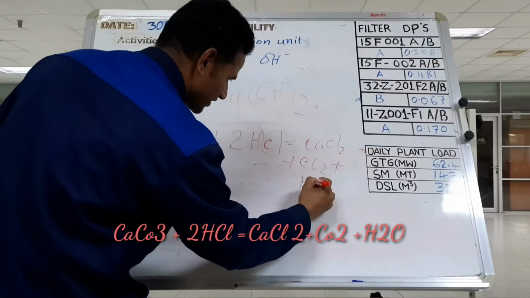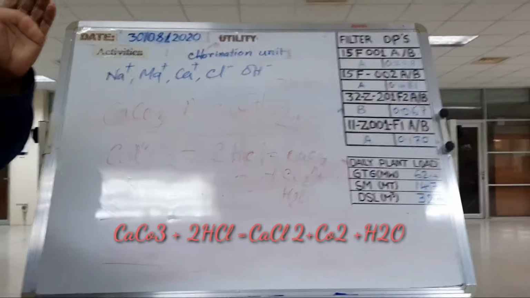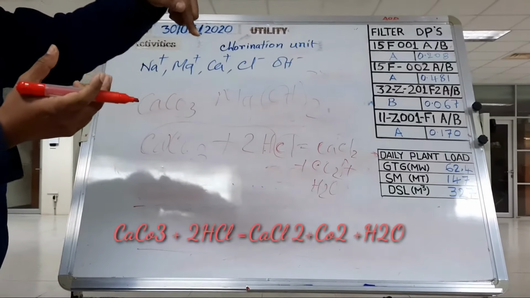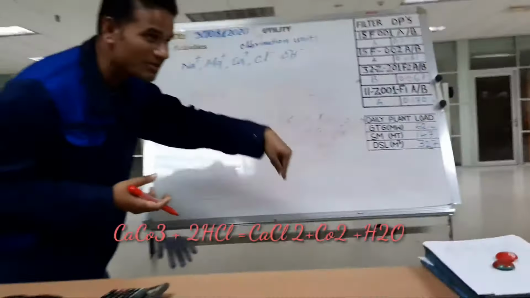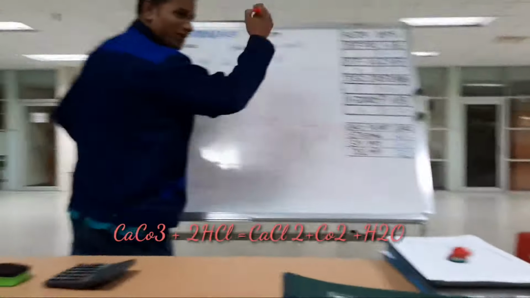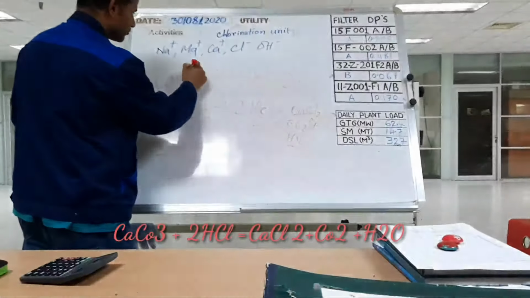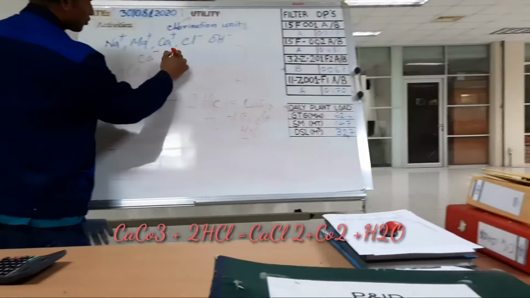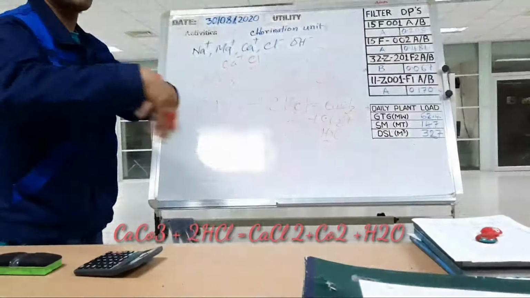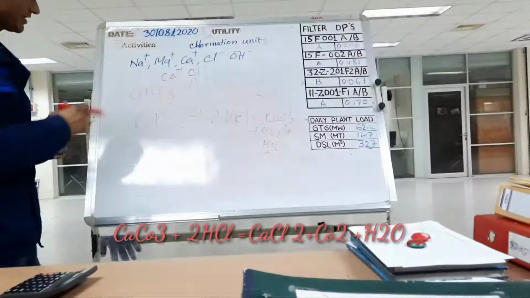That means water. This CO2 will leave through the vent valve of the hypochlorite generator, which is kept open. The CO2 is vented by this valve, and the remaining are calcium chloride and water. Calcium chloride is ionic, with calcium ion and chloride ion, so it mixes in the water and removes the layer. Clear? This is one reaction.